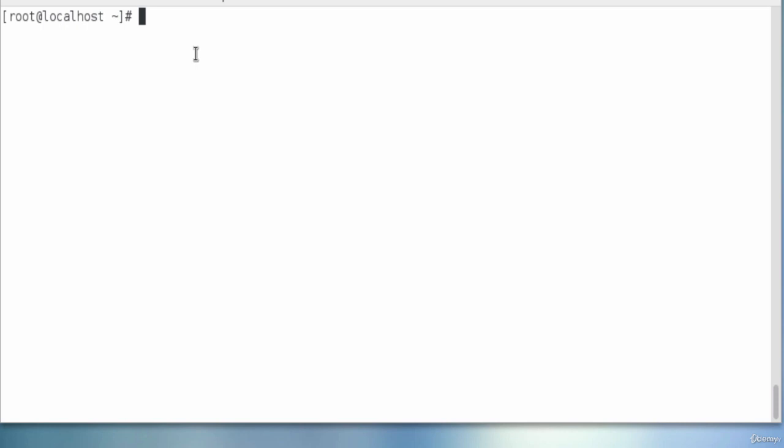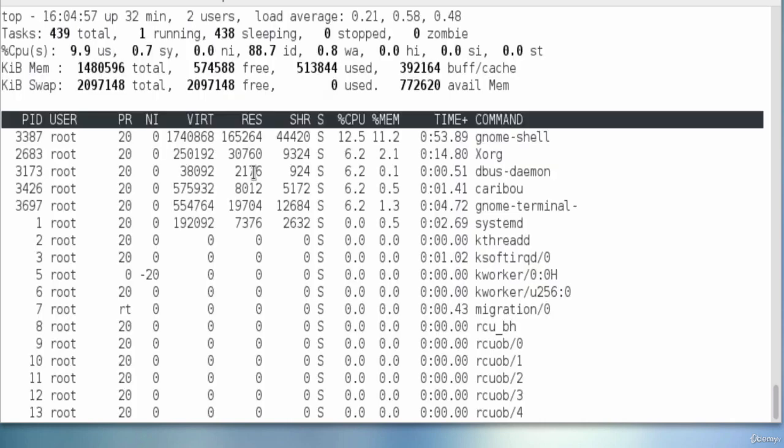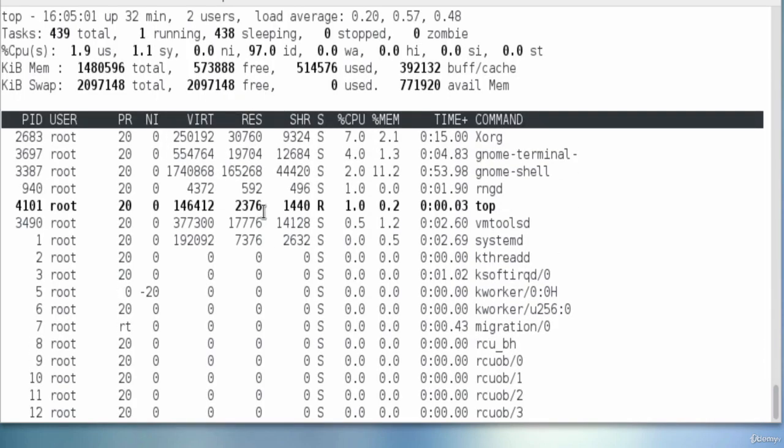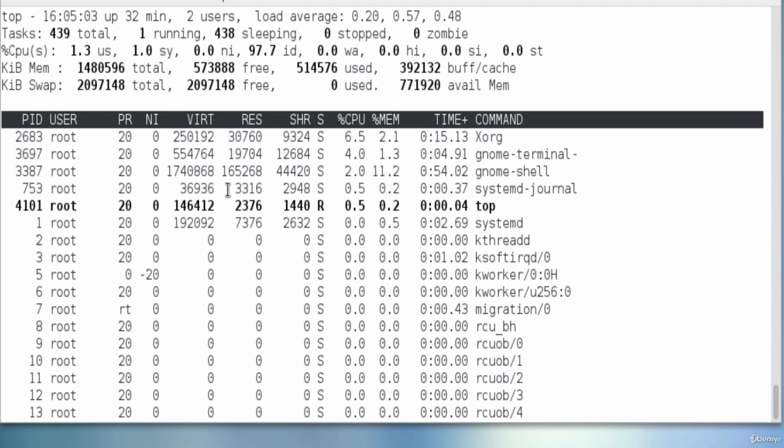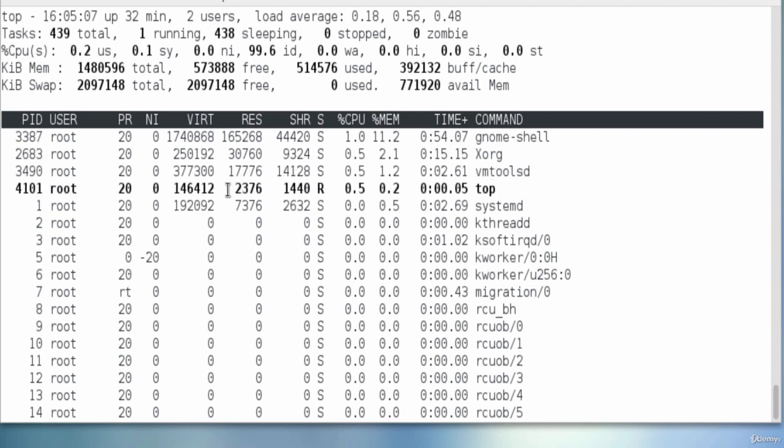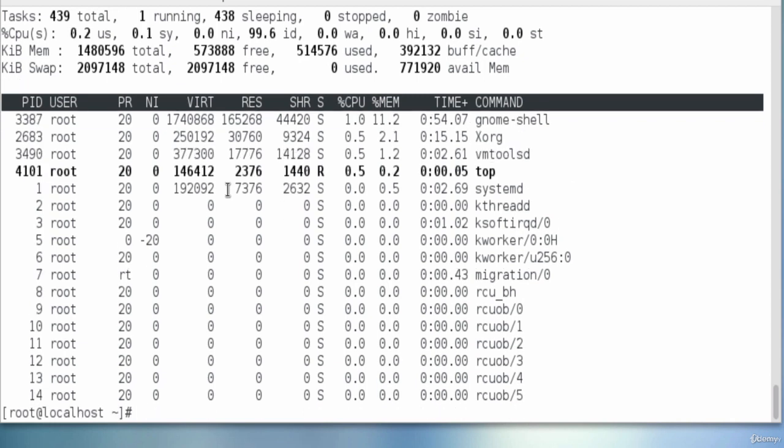Now let's check how can we specify a delay between screen updates. So let's type top minus d, then 2. This command will run the top and it will refresh each 2 seconds. So this output are going to be refreshed each 2 seconds. Now press on Ctrl C and let's run top minus